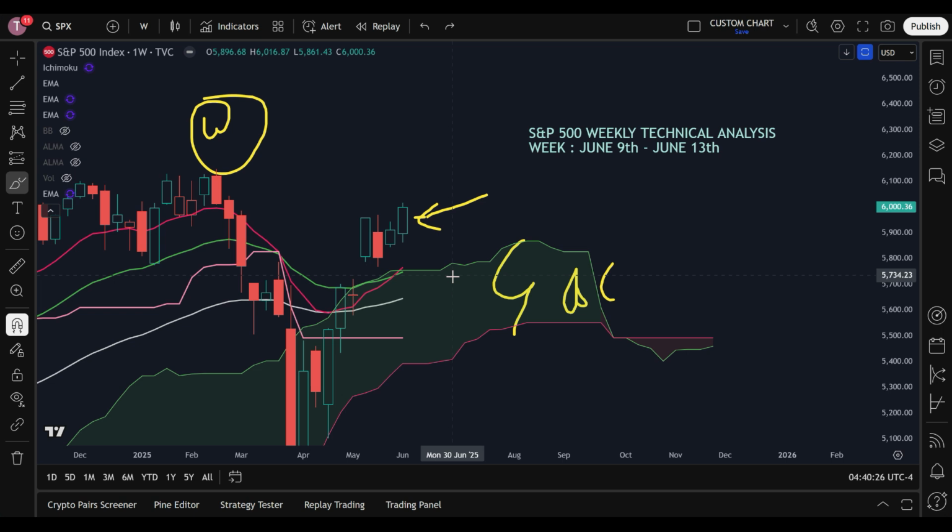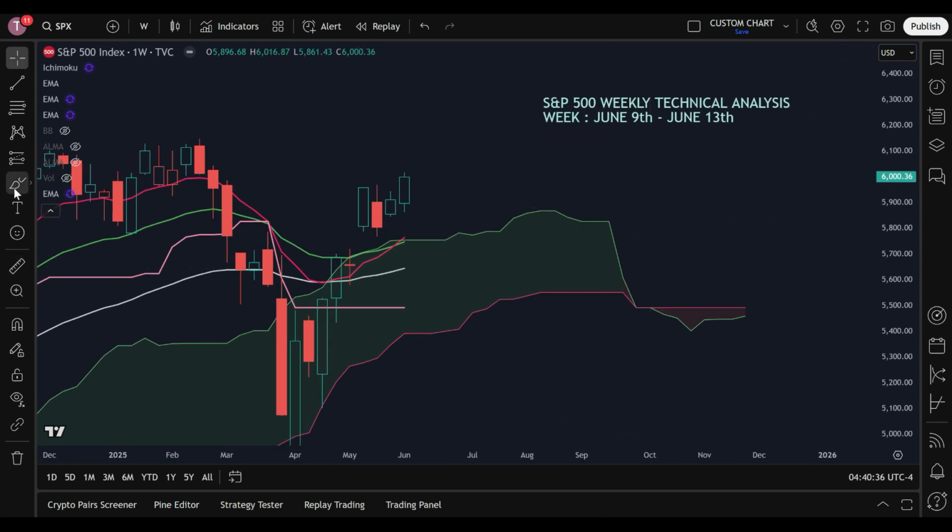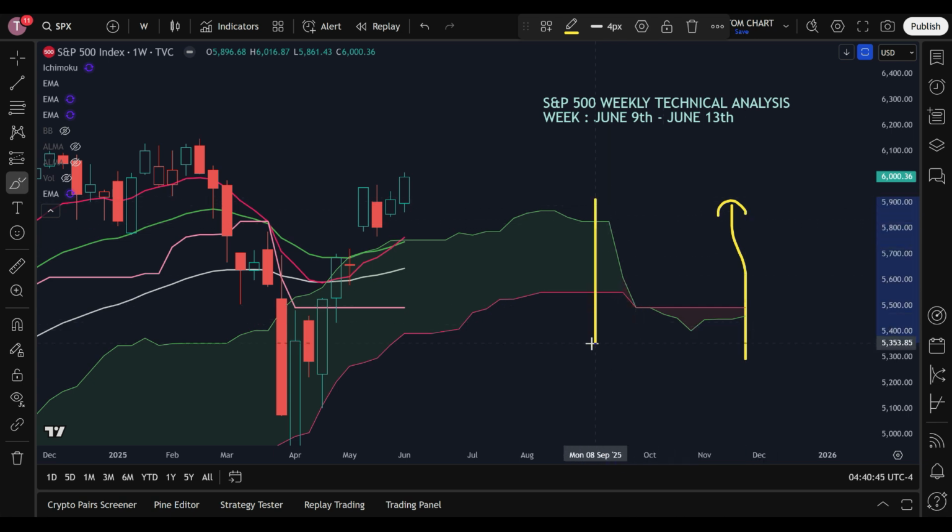Now let's analyze the technical indicators. Okay, so through the technical indicators, you will be able to see the major change. Okay, now through the technical indicators, S&P 500 is bullish on the weekly chart through the MACD. S&P 500 is bullish on the weekly chart through the Bollinger Bands. S&P 500 is bullish through the moving averages on the weekly chart, which it was trading as neutral until last week. Okay, this is the major change.